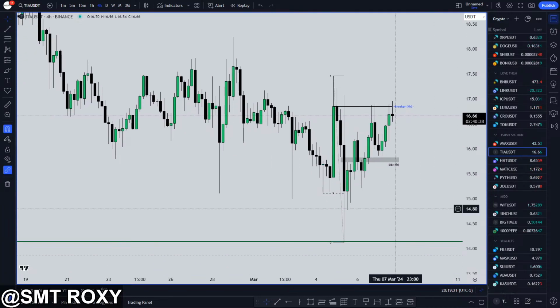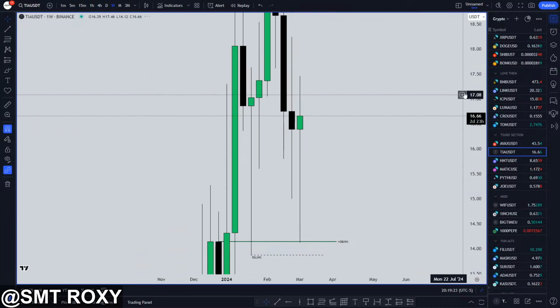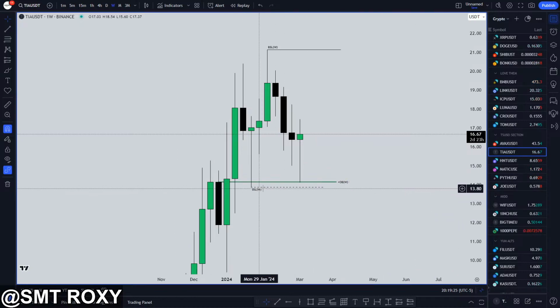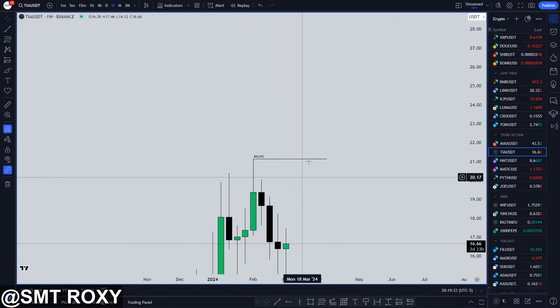4-hour time frame. I don't even need to go lower, but I'll show you the weekly. We hit the sell side. Well, no, we never hit the sell side. We hit the order block, and then we bounced, and then eventually we have consequent encroachment in this wick. Respected. I do see this becoming a change in the state of delivery.